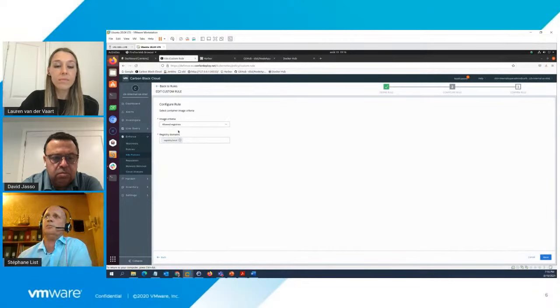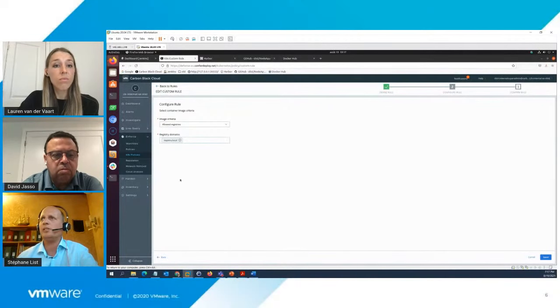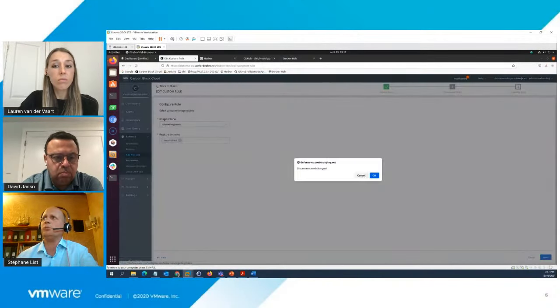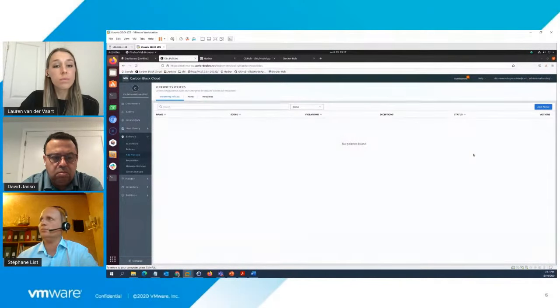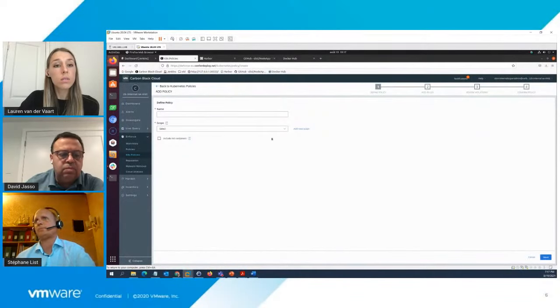For example, you can limit registry to registry.local, so to disable, for example, Docker Hub, or to disable registries that are online, and perhaps you want your developer to use only on-site or local container registry because you don't want to have containers everywhere in the world. So you can define some custom rules, and you can use them in policies. So let's create a policy.